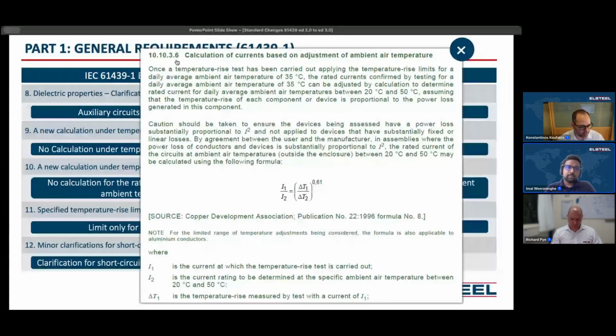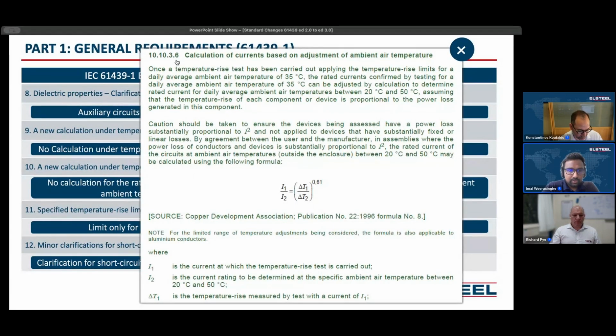In here, that means if we have carried out a temperature rise testing in accordance with the ambient temperature of 35 Celsius, you will be able to calculate this value for 50 Celsius, but you have to check the power loss within this